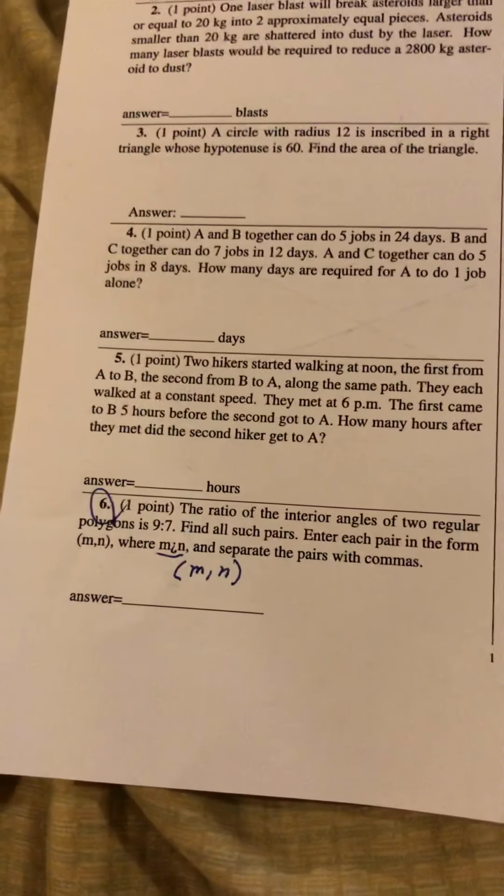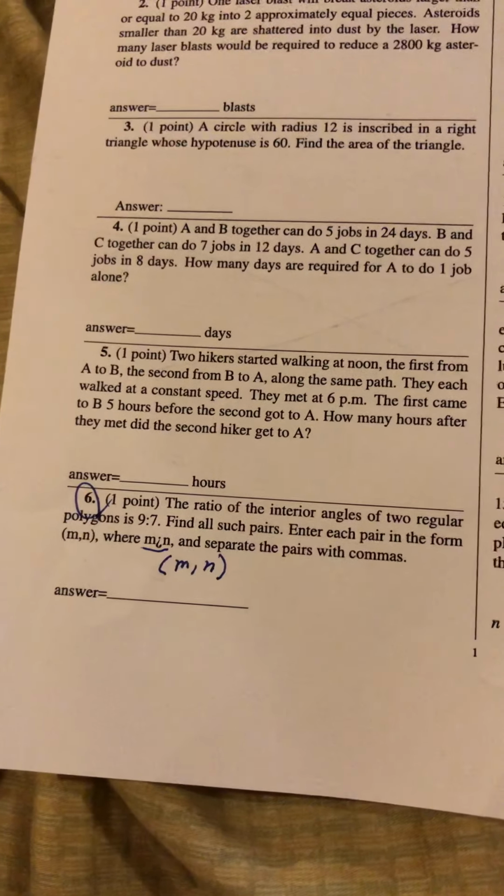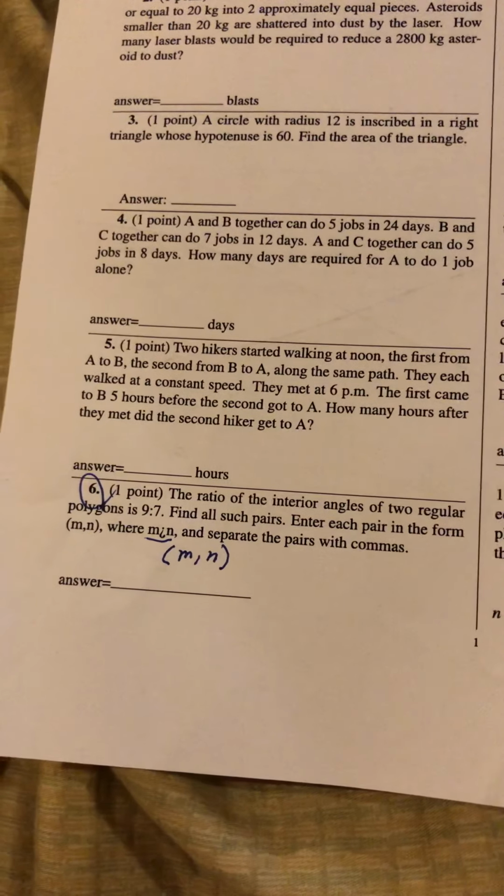Hi, my name is Lucas, and I'm going to help you to figure out number 6. The ratio of the interior angles of two regular polygons is 9 to 7. Find all such pairs. So the first thing I did when I looked at this problem is I tried to figure